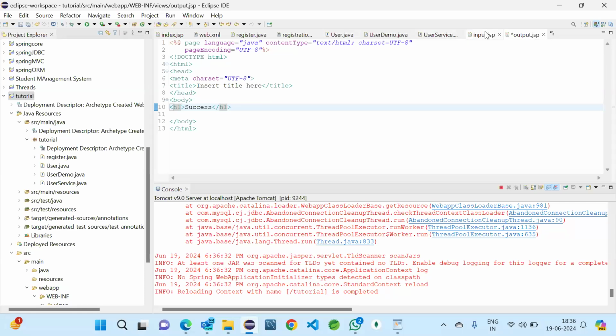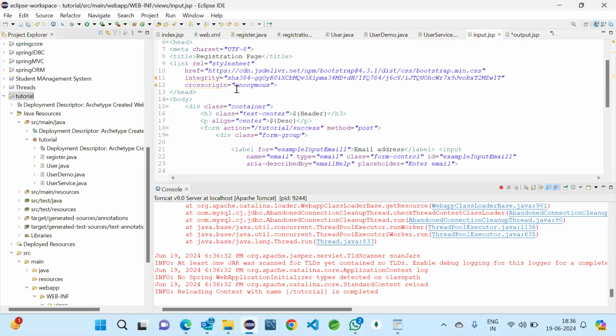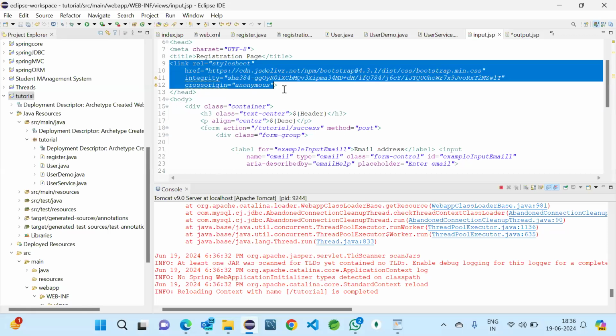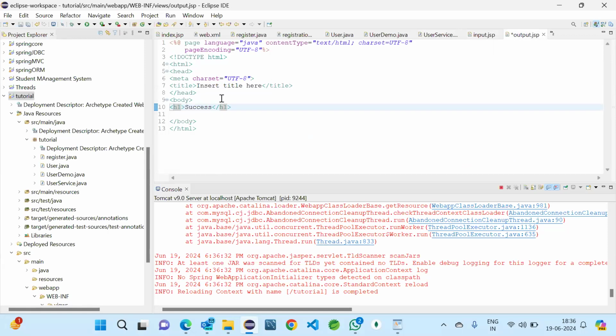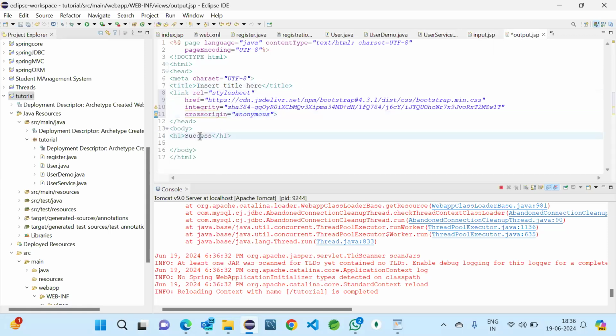So just go here, copy the link to Bootstrap and paste it inside head, and here I can use the class. Text center will align the values into the center, and the page will be the success page.